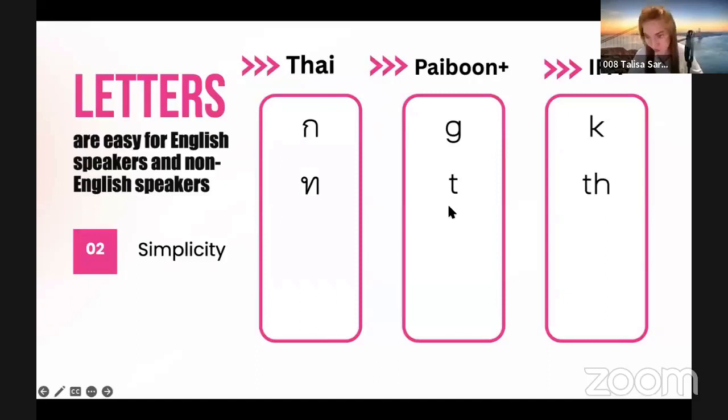Yeah. If you guys don't know, I studied linguistics before, majoring in English. So I studied IPA before for the English language, but not Thai. And as much as I'm familiar with the IPA system, I still find Paiboon Plus makes more sense for teaching. Yeah, this is the feedback from my students and from you guys too, as my audience. Okay. พอพานนะคะ